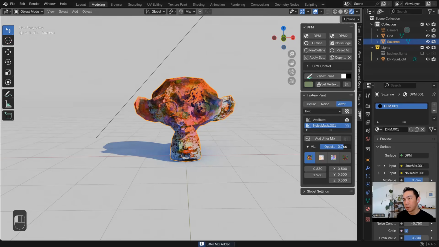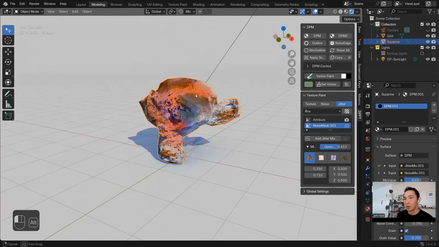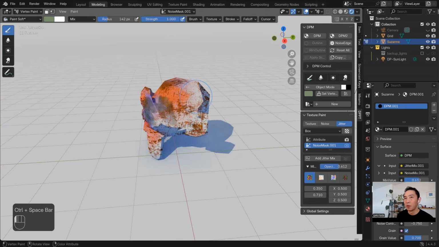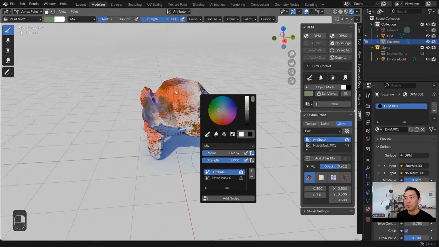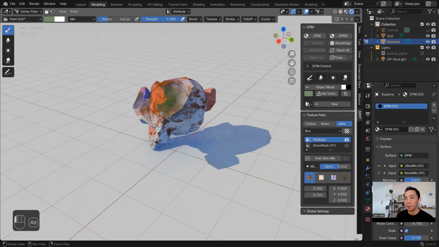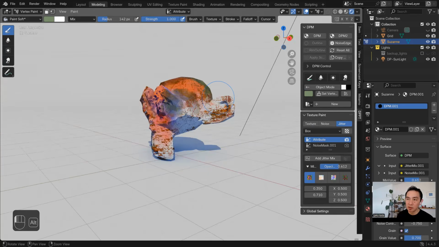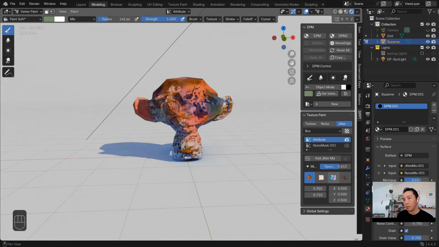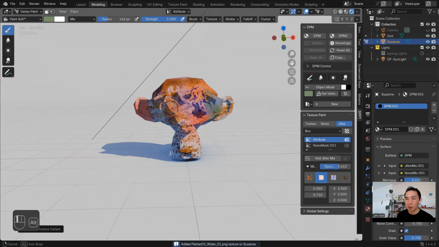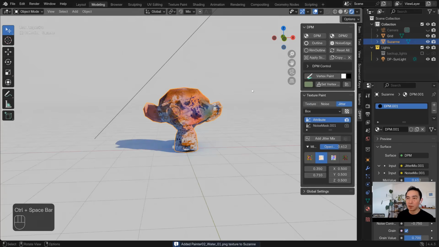This one needs a bit of adjustment, but this texture map I painted, you can mix it so it gets even more complex. It's getting a bit messy, but you can play around to make it a more interesting look.